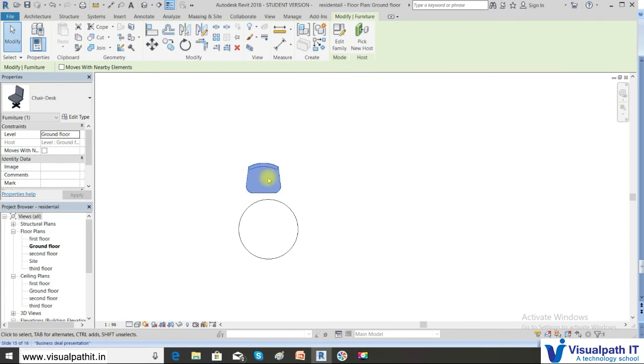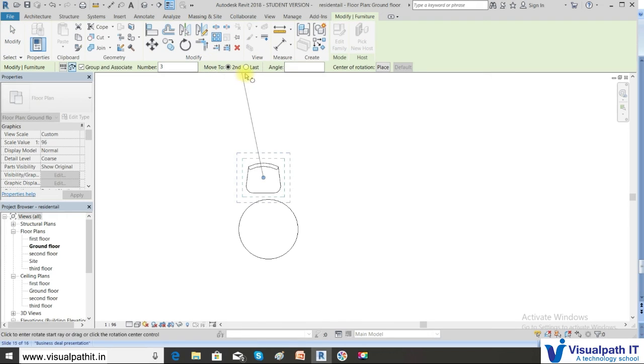So let's do it again. Select it, click array. So move the center option to this midpoint. Now the center of rotation has moved. Now I'll be arranging, say, 4 chairs. Now, from which point? So you have to select the point. Mostly keep it straight. Now it is not perfect because we are not learning perfection, we are learning the tool.